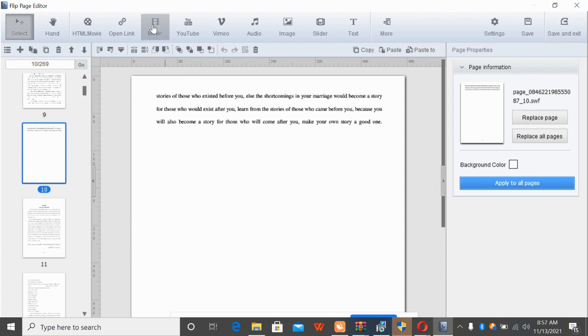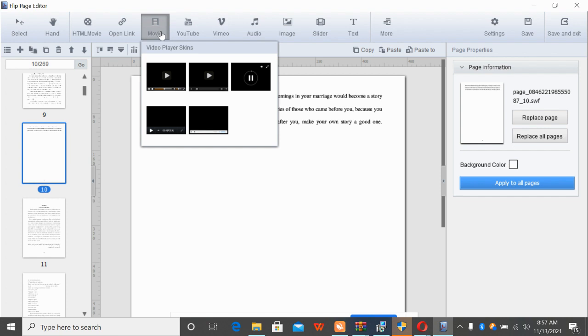Hope you understand that. Under movie, you will select a portrait, as in the way you want your video to appear. So now I'll click on movie. It will bring me five options, five video skins. They are called video skins. That is how you want the video to appear in your book. Do you want it to appear like type 1, type 2, type 3, type 4, or type 5? So let's just choose